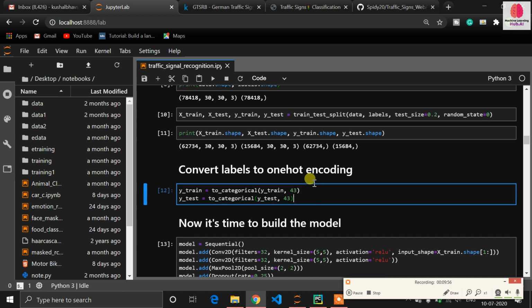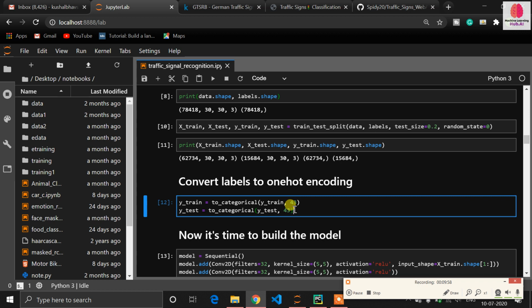Now there is one concept of label encoding, or we can say one hot encoding. We have already encoded our labels, meaning our classes are already in 0, 1, 2, 3 until 43 format. Now there is the concept of one hot encoding. If you don't know what it is, just Google it and open the Stack Overflow link, and you will easily get what this concept is. Now we need to apply one hot encoding.